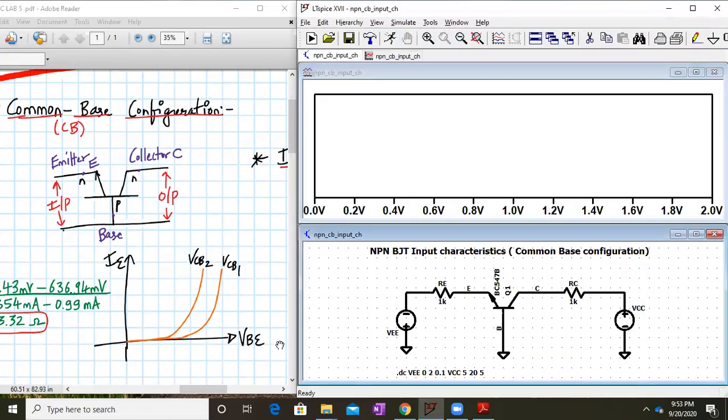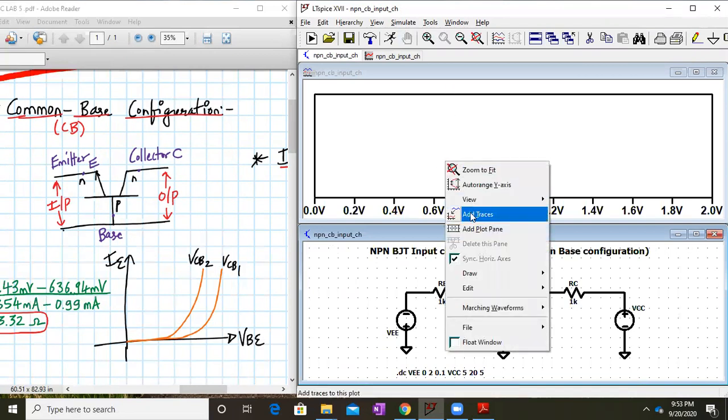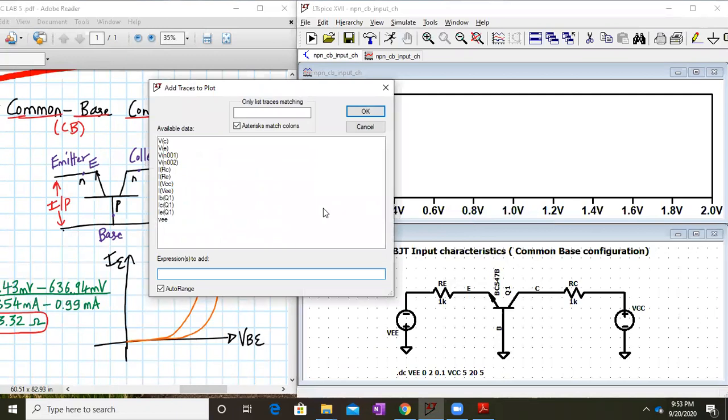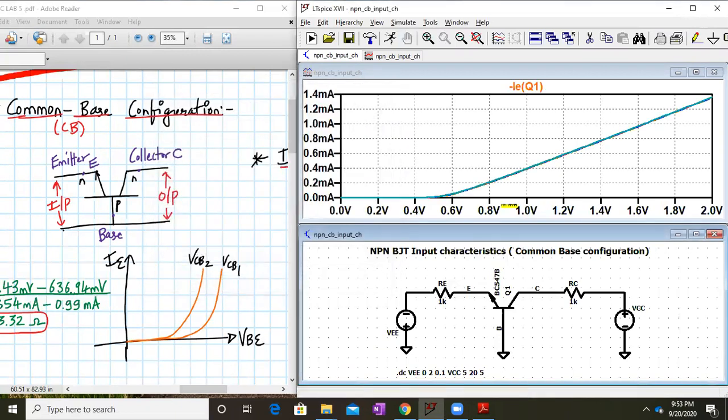Remember the input characteristics are plotted versus VBE. Here we are plotting IE. Now remember that in the case of a BJT, especially in SPICE, the IE doesn't come out proper; it comes in the opposite direction. So whenever you write IE, you have to add a negative sign. That way only it will come out proper, because the direction of IE doesn't come properly here. That's the problem of LTspice, nothing to do with the operation. Just remember that you have to put minus of IE.